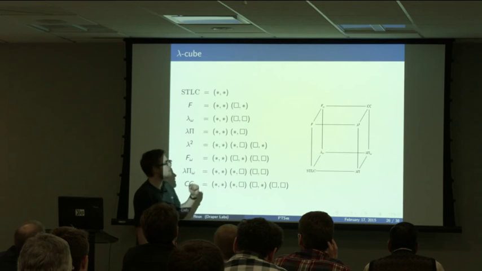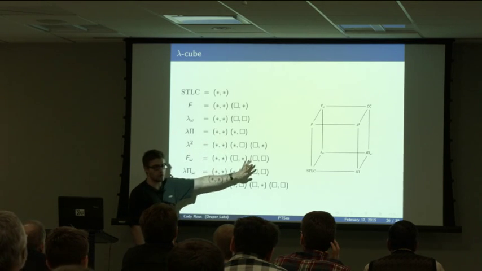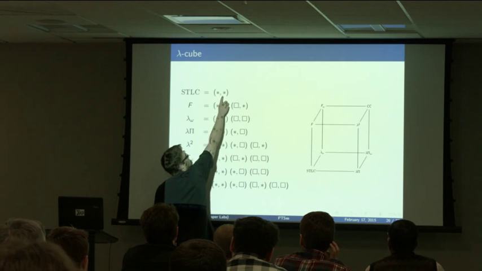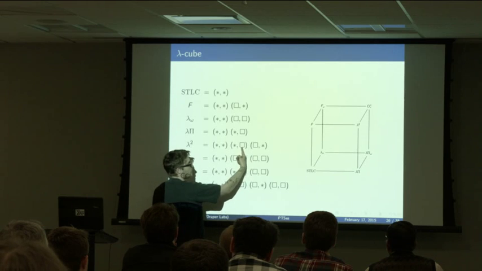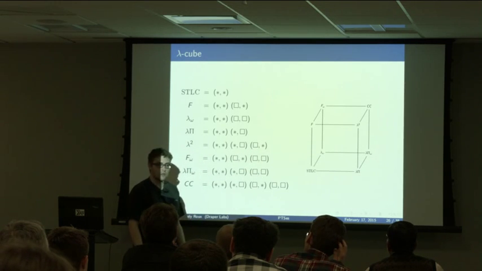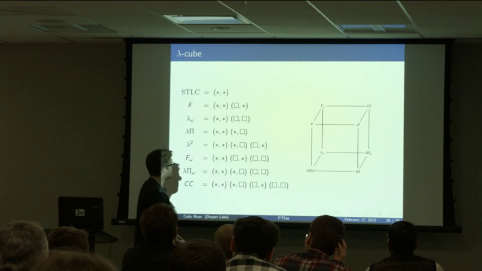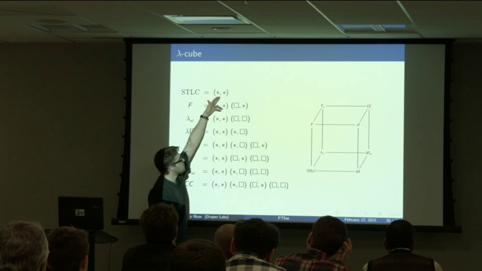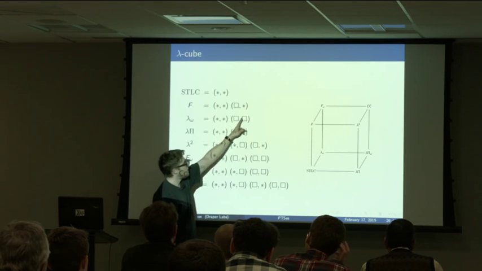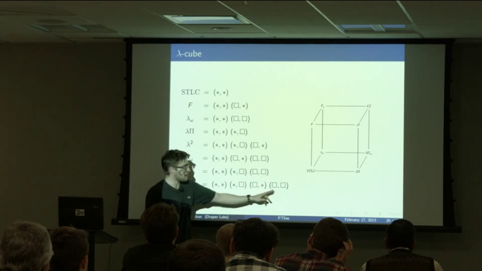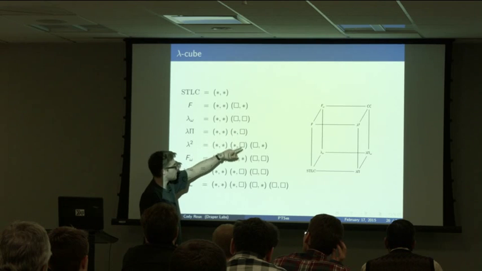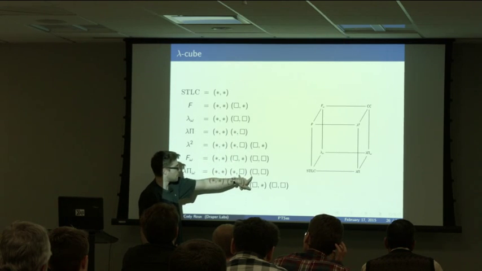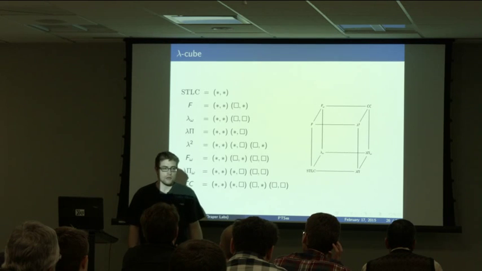So I gave the rules, and instead of doing a triple, I just did a pair so it would fit on the slide. So this is star, star, star. This is square, square, square. This is square, star, star. The last one here is always the last one in the triple. And as you can see, all 8 systems of the cube can be represented by, so you always take this rule, and then you go through all the possibilities of adding the other rules. Either you just add this one, just this one, just this one, or add these 2, or add these 2, or add these 2, or add all 3.